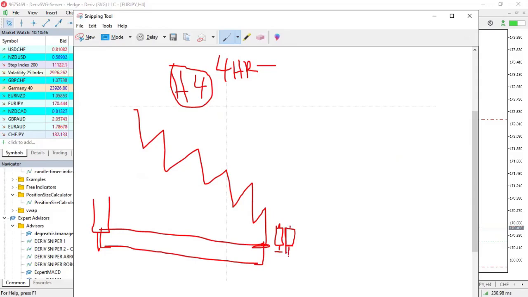But the thing is that the wick below has to be bigger than the wick above. So when this 4-hour candle closes, we take our trade. Stop loss below this place or below the zone. It's just that simple. So now, when we see a candle that takes out the low of the previous candle